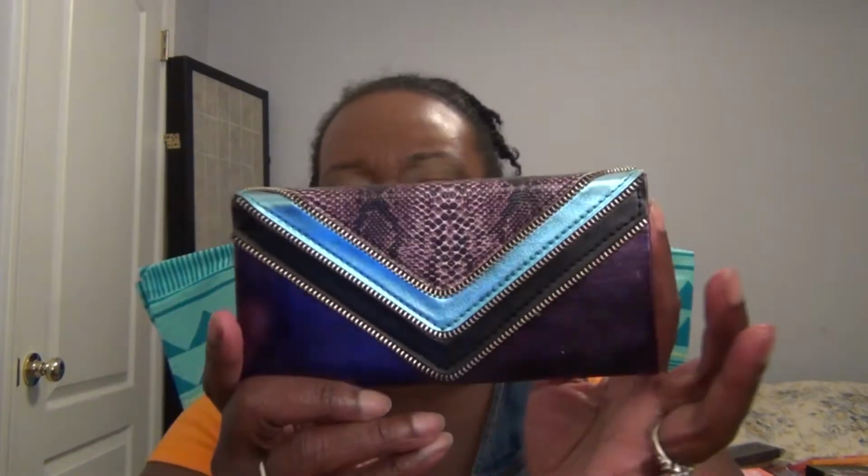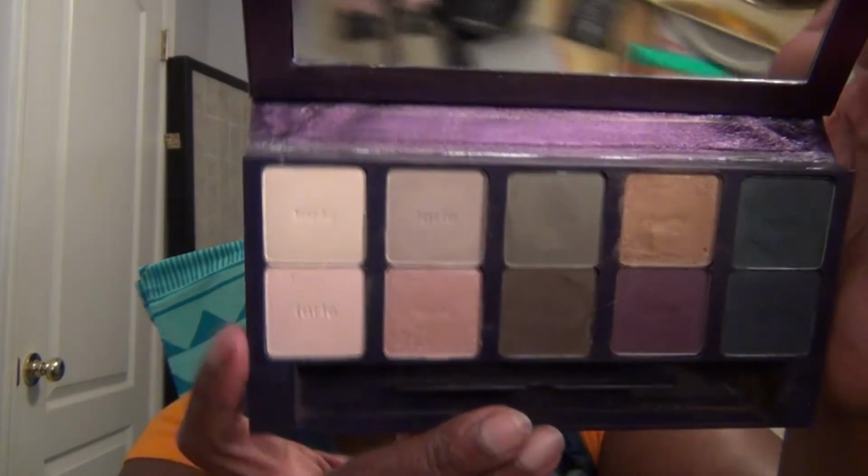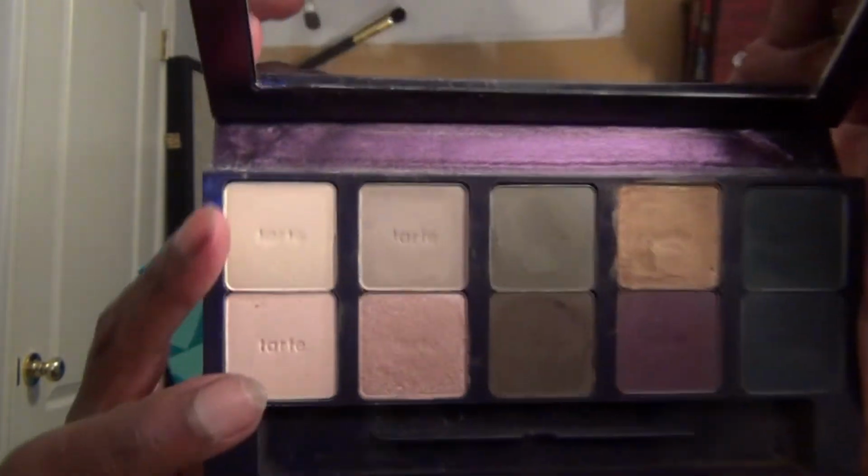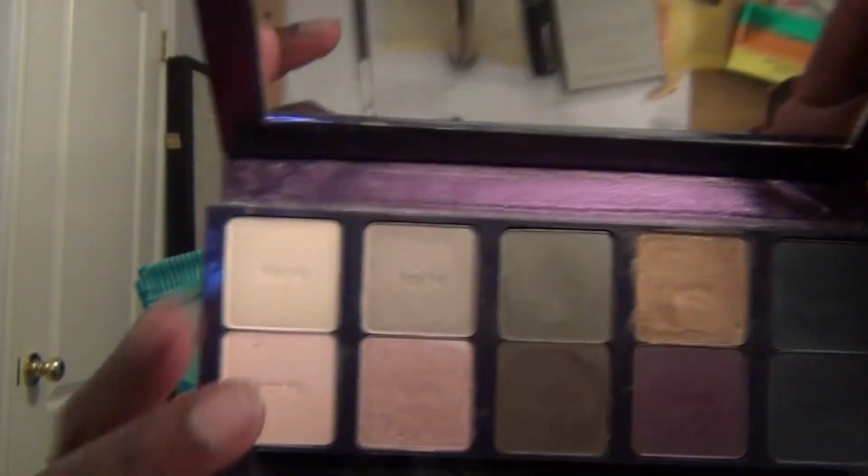And then my only other Tarte palette is this one, and it's the Neutralize palette. And the only reason why I bought it is because the packaging was pretty. It looked like a clutch. Has a nice size mirror. It came with this dual-ended brush, and it came with a brown liner, but it was the wrong color brown for me. It didn't even show up on me. I don't really reach for this palette much. The matte colors that are here, it's got a few mattes, it's got a few, I guess you could call them shimmers,